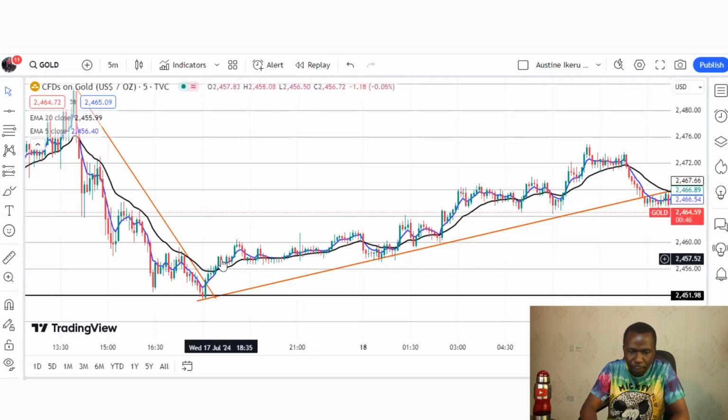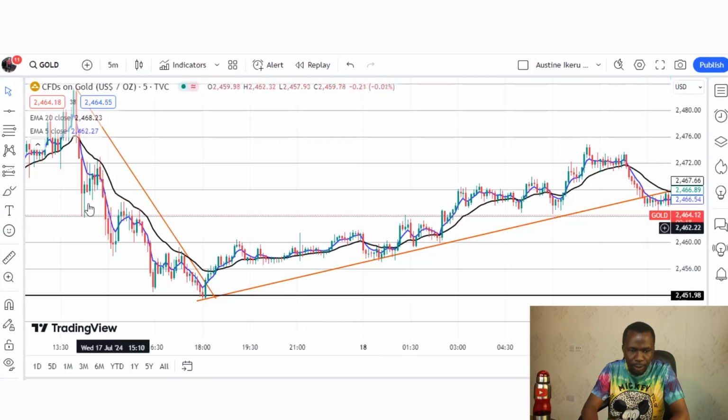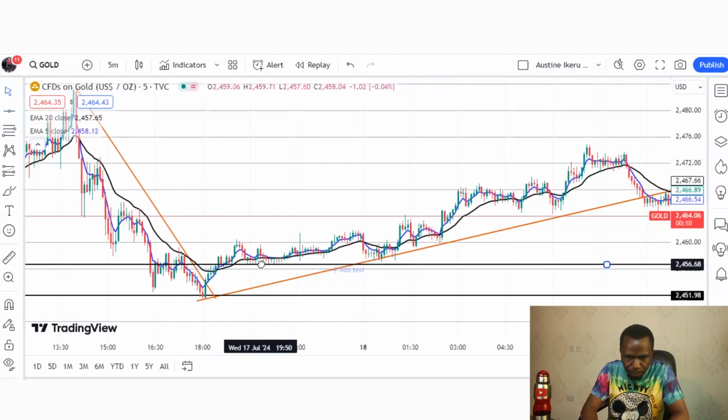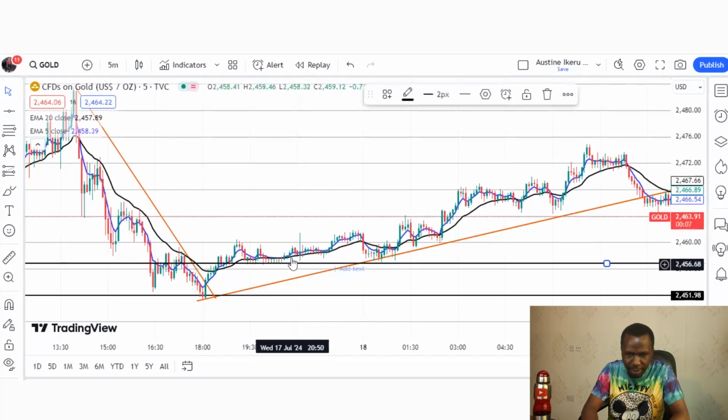So the price now rallied all the way to this point and then came down here to retest our moving average, right? As the price retests our moving average, you can clearly see that there are multiple rejections. You can see these wicks 1, 2, 3. In fact, there are too many. So many rejections here, right? For the fact that there are so many rejections at this low, that becomes our area of value where we're expected to take our buy trade. So we take our buy trade at that low, right?